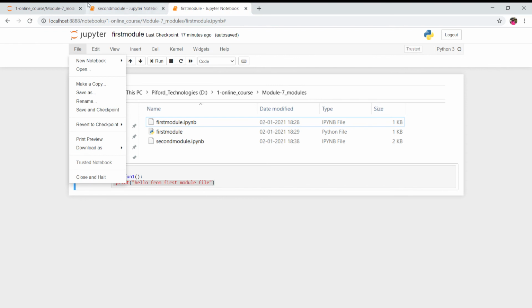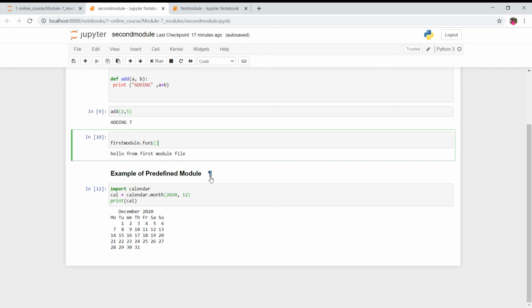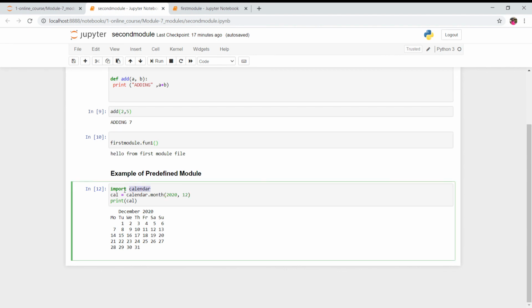All right, so this is how you can create your own modules. Now let's see what predefined modules are. Predefined modules are the modules which are already present in Python. For example, calendar. Just import calendar. The calendar module is already present when you install Python, so it will also be installed on your PC.